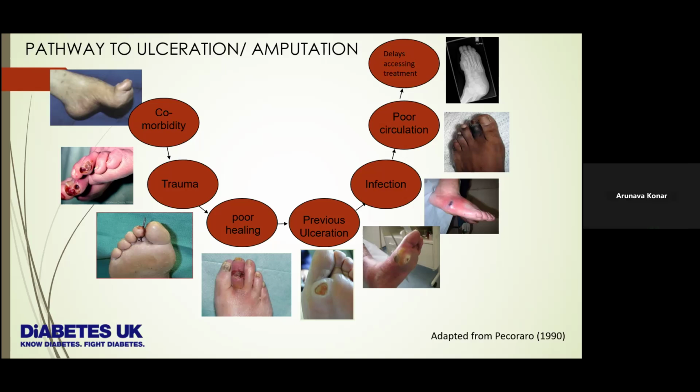They don't know where to go. Services have been redeployed or repurposed, especially since COVID. So there isn't a one size fits all. There isn't a magic bullet that we can say to people with diabetes, well, if you do this, you will reduce the risk of having an ulceration, you'll reduce the risk of having a problem, and you'll reduce the risk